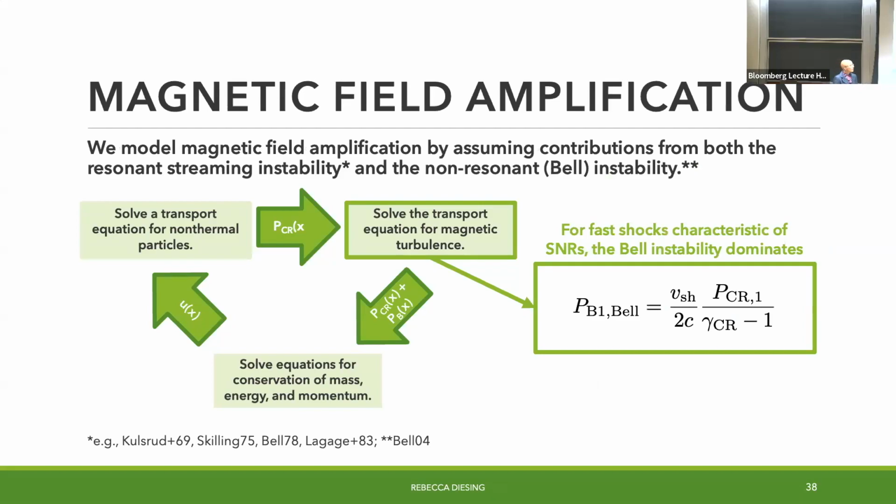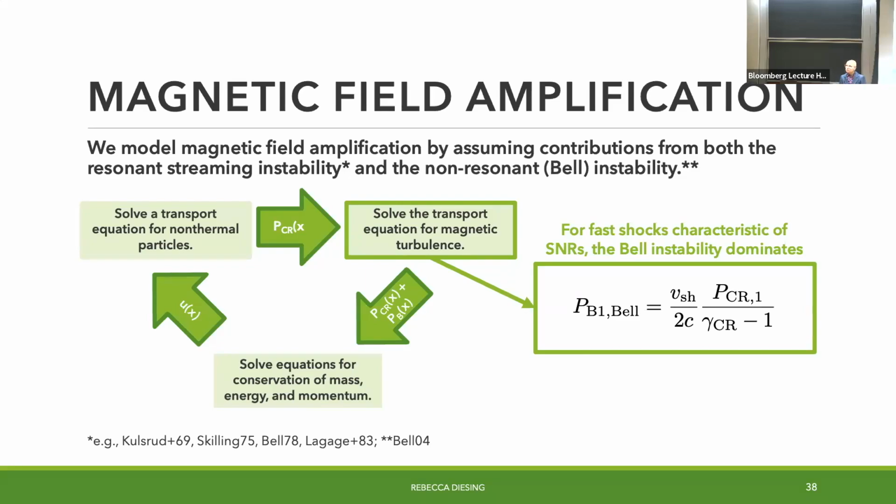This is predicted by theory. It's basically that equipartition argument I mentioned before. But what I'll also mention is it gives you fields that are consistent with real observations. So if you ask, what is the actual magnetic field and/or Alfvén speed inferred from a real supernova remnant, as a function of shock velocity, we get this scaling right. And we get the normalization right as well. So there's promising evidence that it's either Bell or something that looks very similar to Bell.